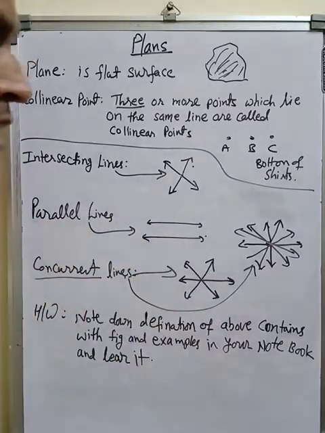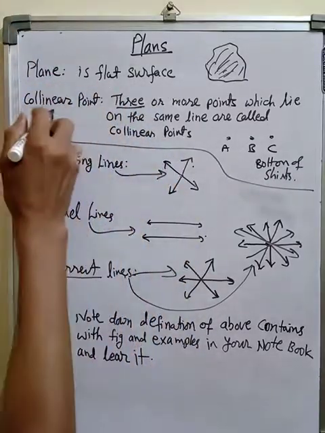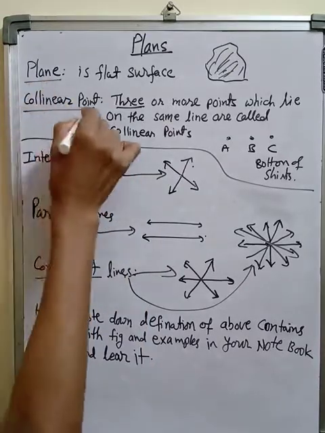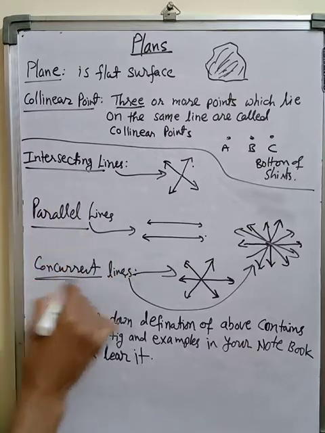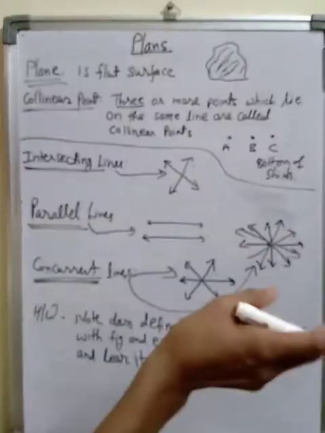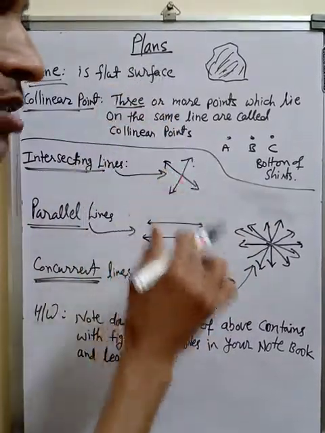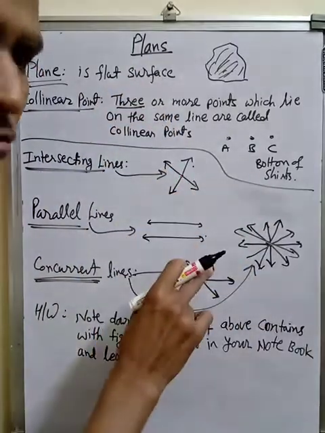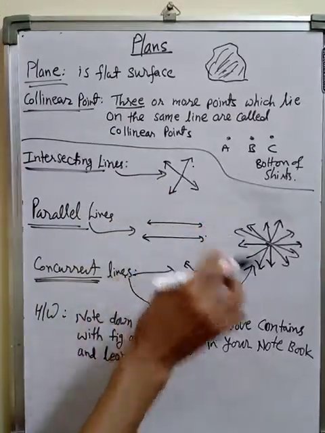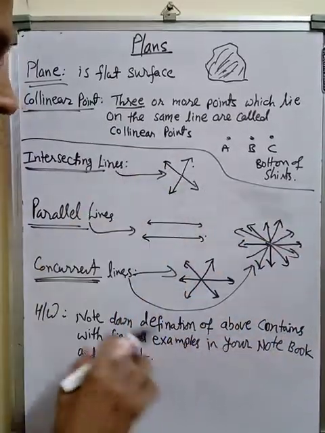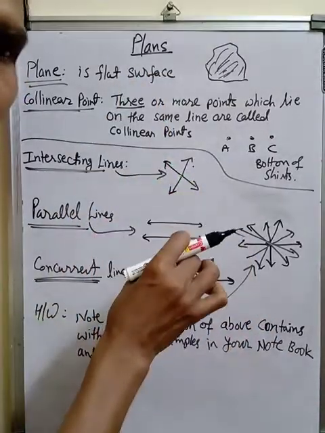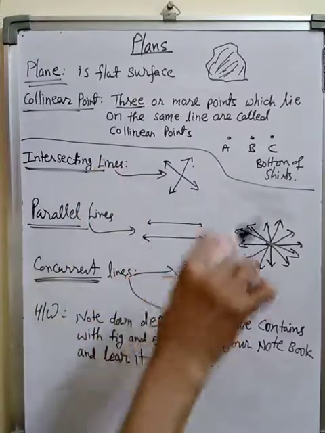So your homework is you note down all the topics we have today. One is plane, these 2, 3, 4, 5. 5 topics are there. Note down in your fair notebook with the definitions, all definitions given in your textbook. And after writing, with figure, write their example from your day-to-day life. So this is your today's homework. Note down all definitions, learn them and note down in your fair copy. Okay.